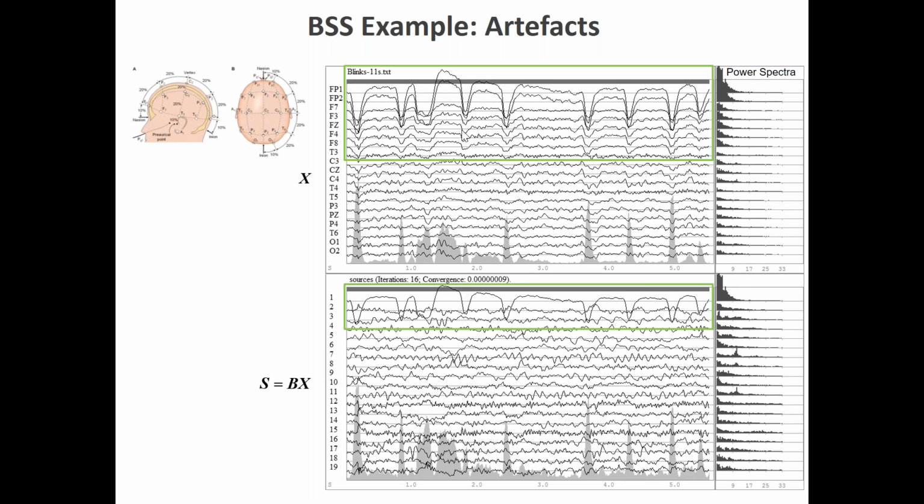Notice how those artifacts are present basically in many electrodes. You see, even in central electrodes you can still see those deflections, and even in parietal electrodes you can still see those deflections. So the blinks mix together with almost all electrodes, okay? And here, the blinks are isolated as the first source. The blink is only in the first source, but is not elsewhere. So once we do that, now we can remove this source and we can reconstruct the signal. And this would be one way to de-artifact the data, okay?